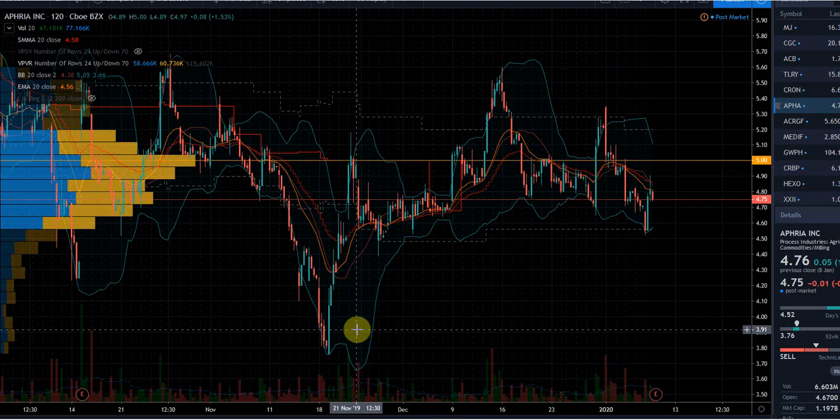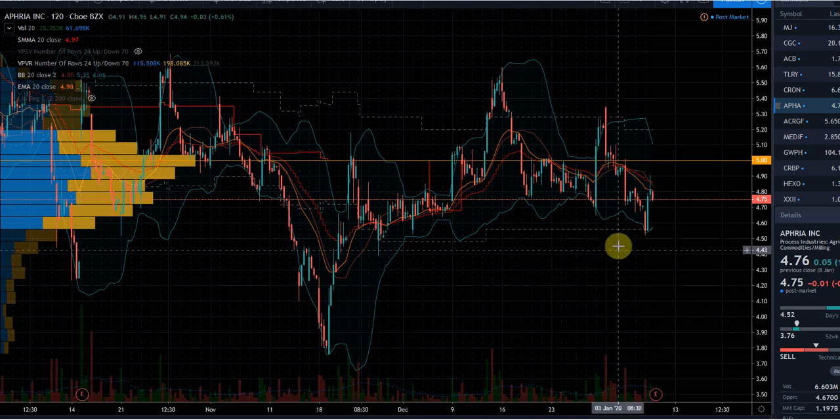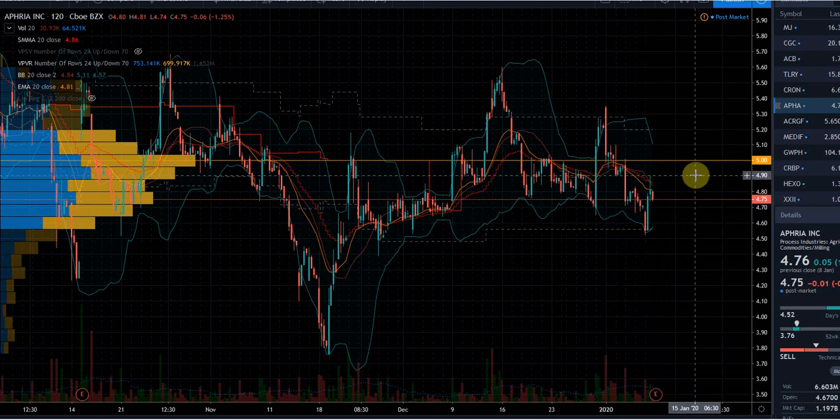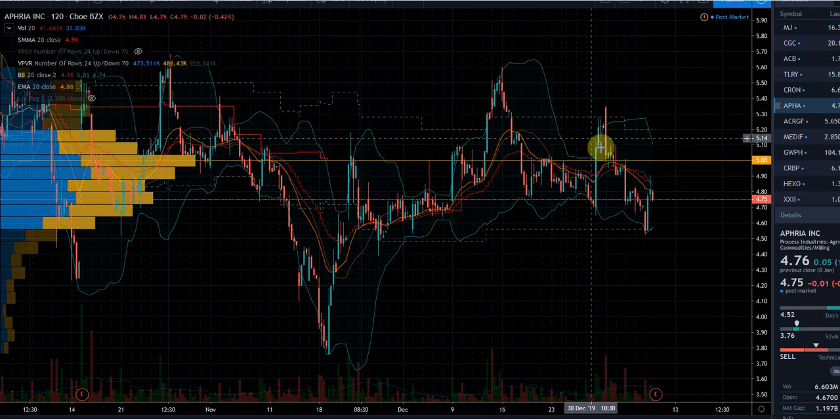It's off the highs, off the lows. So I would put it in the category of CGC. I would trade it accordingly. 4.9 should be a selling zone. So I wouldn't start longs until they overcome it. And even then, it's headed into...